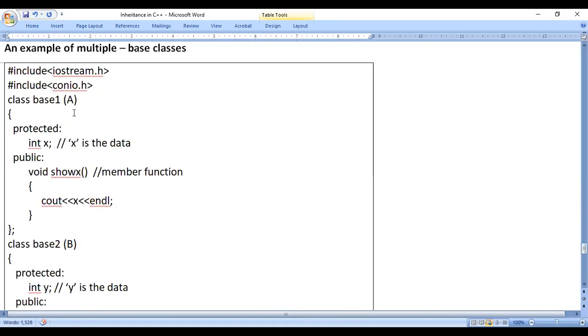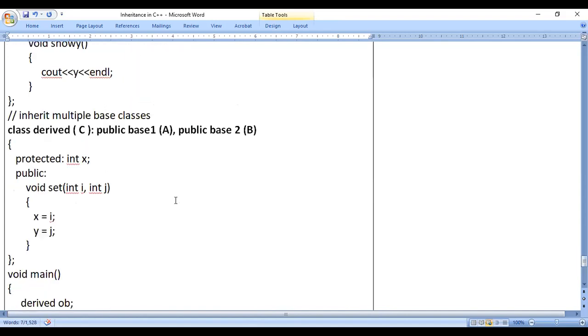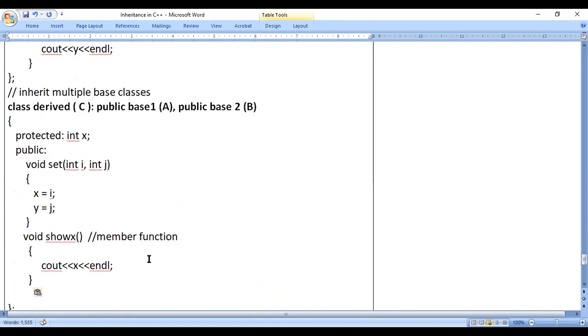Next, in base 1, that is in class A, we have the function which is in the public section. So we can bring this function into the public section like this. Now here I write data X belongs to, or we can say data X from base 1, that is class A, so that you should not get confusion here.